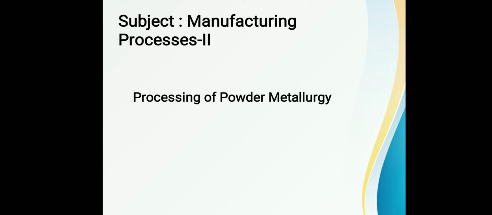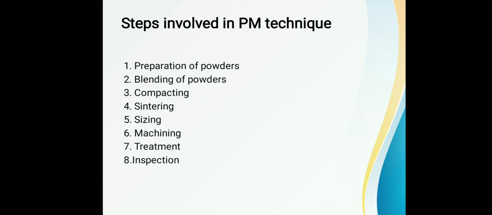Welcome all. Today we are going to study the basic steps of the production process of metal powder. In the last lecture we already studied powder metallurgy. It is a manufacturing process in which components are directly produced by bringing a powder of the starting material into the desired final shape by compressing the powder in dies. In the last lecture we studied the first step, that is the preparation of powder.